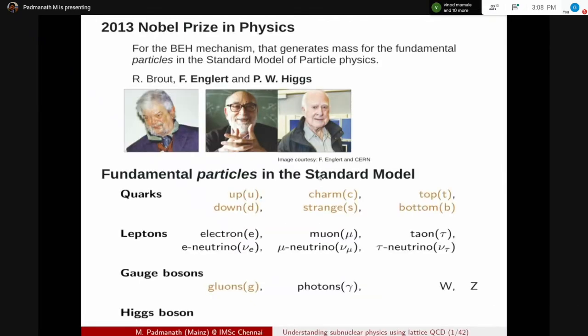So let's start with something that we all have heard about. The Nobel Prize in Physics for the year 2013 was given for this BEH mechanism, Brout, Englert, and Higgs mechanism. Of course, it was given only to Englert and Higgs since Brout was no more. He had unfortunately passed away a year back or so. So the prize was given for this mechanism that is believed to generate mass for the fundamental particles